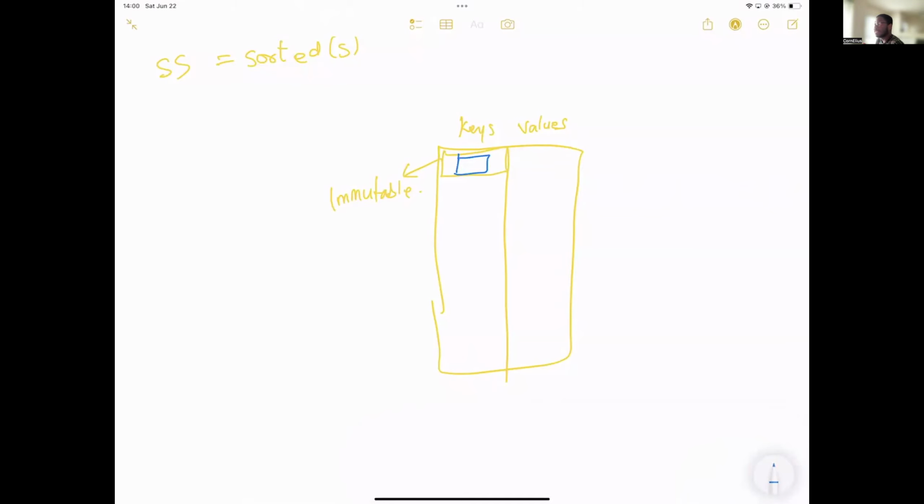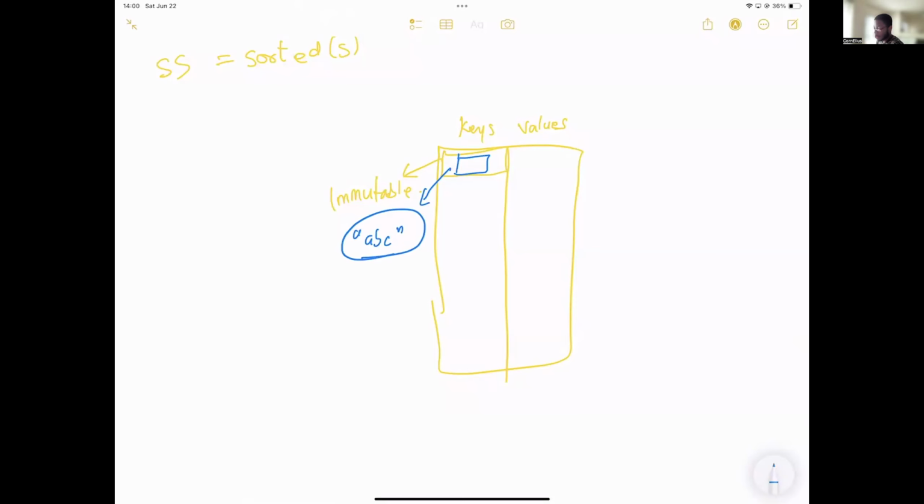Why do we care about it being immutable? Immutable means you cannot change it once you create it. We care about it because of hashing. If you watch the hashing video, you'd see that the keys get hashed. If the thing is mutable, we get a problem with the hashing. I want the thing to be guaranteed that if it was, let's say, ABC, it's not going to change. If I hash, I get this, and if I hash again, I'm going to get the same thing, and so on.